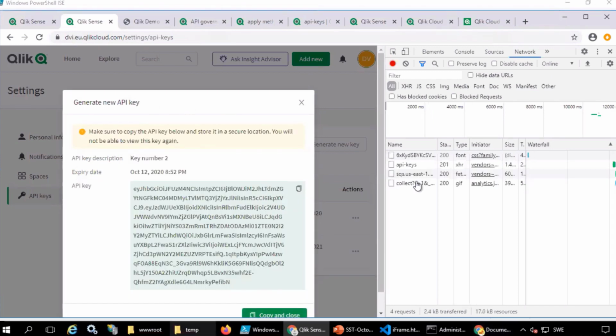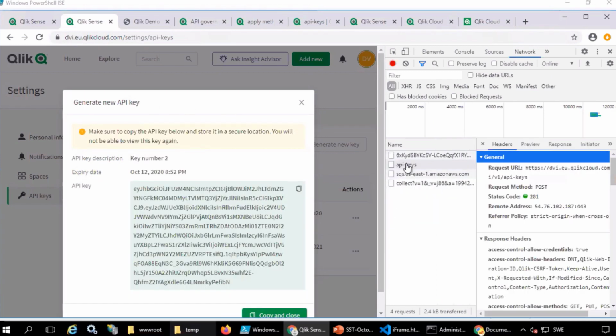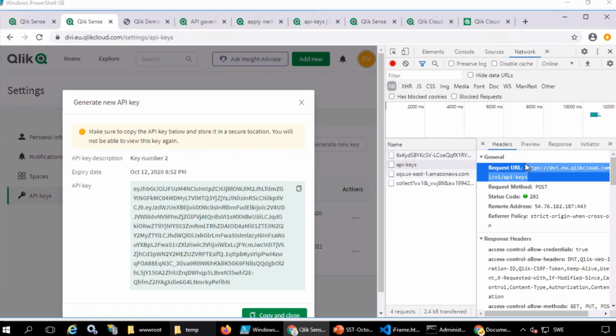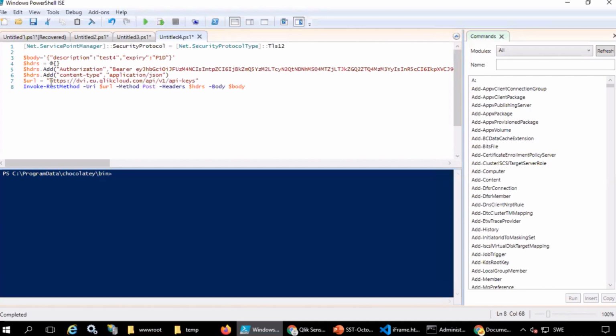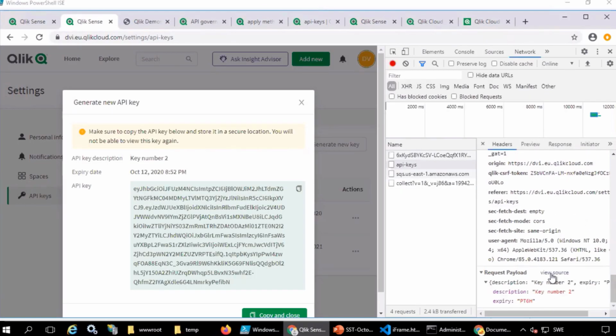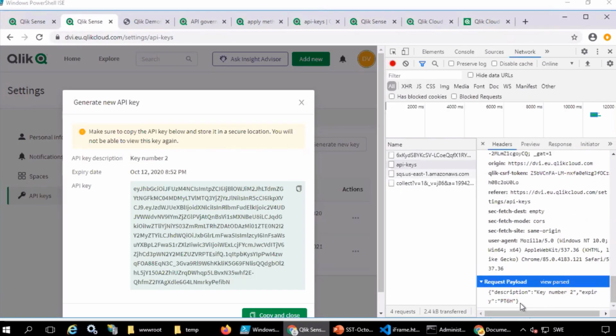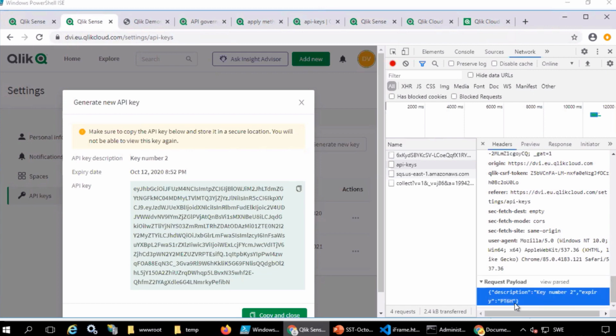So here this succeeded, and you can just click here and see the API call that was sent, which is what I currently have here. And if I just paste, you would see that nothing has changed. If you go a bit further down and look at the body, you would see, for example, expiry. That's great, seeing the demonstration that the APIs are really just performing the same actions as the console, and that you can find the exact code to use via the developer tools.